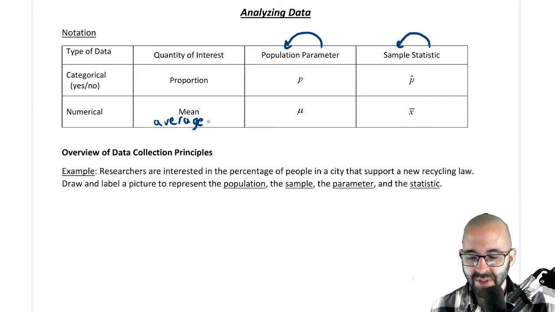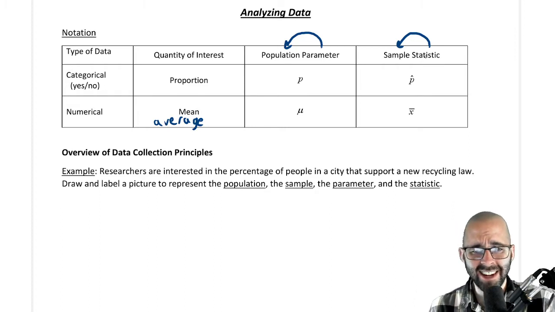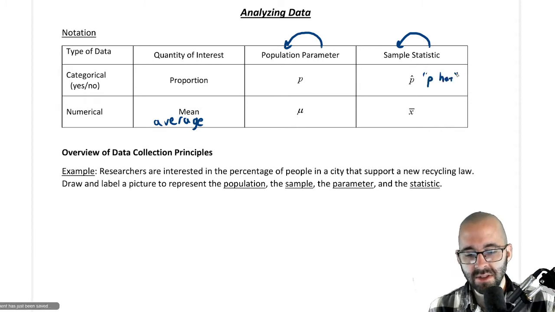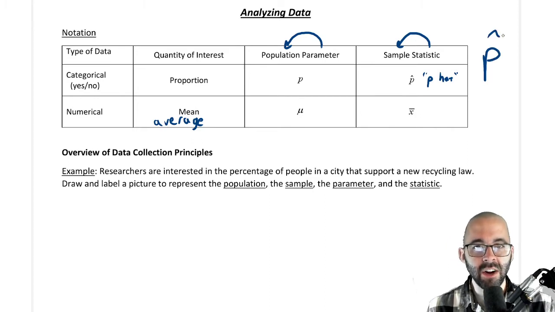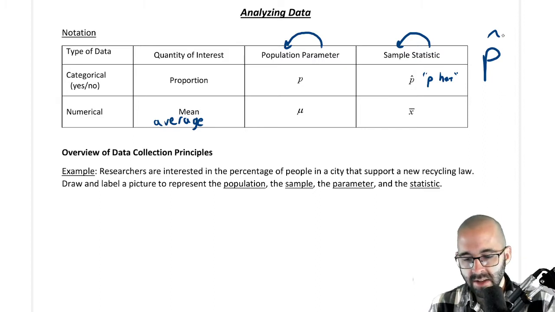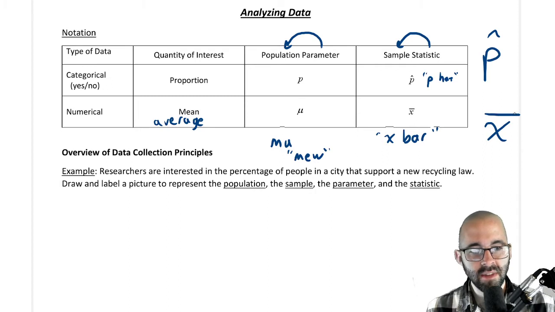Okay, all right. So proportion has to do with categorical data, and we'll use the letter P, or P hat. That's how it's pronounced, and it's just a P with a little hat. If you want to look at it bigger, that's what it looks like. A little caret on the P, and we call it P hat. This down here is the Greek letter mu. It's written like that, and it's pronounced kind of like the Pokemon. And this over here is X bar. Again, it's just an X with a big bar over it. So these are variables that we're going to use very, very frequently.